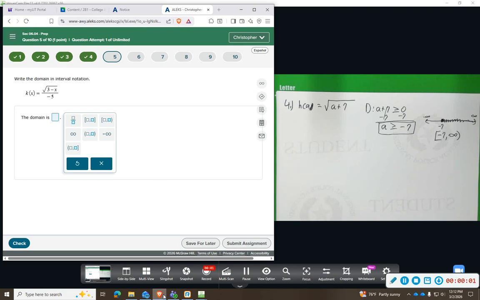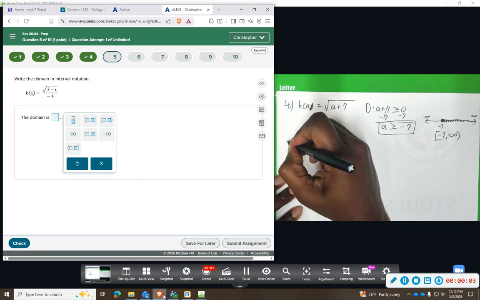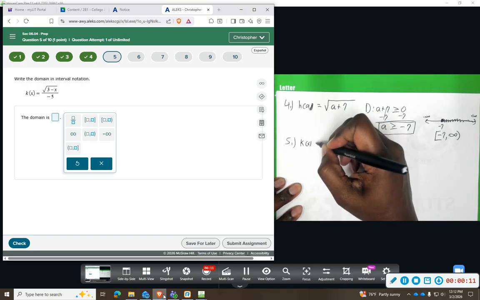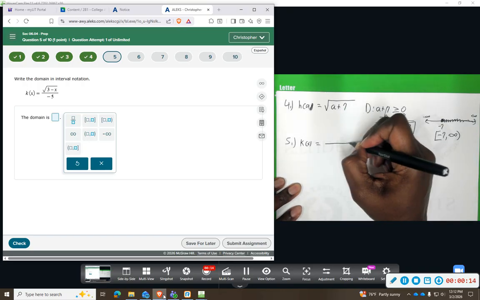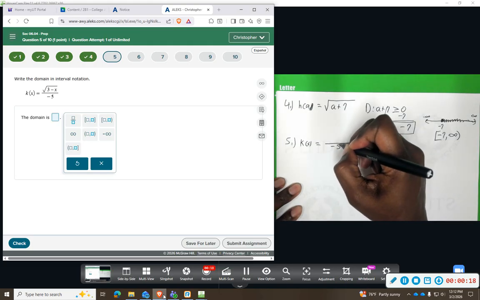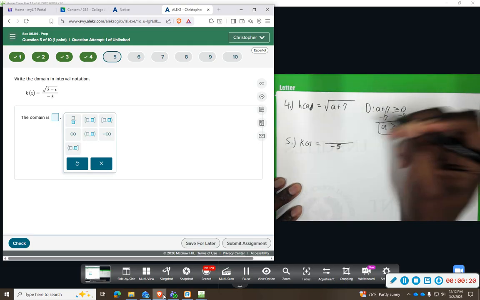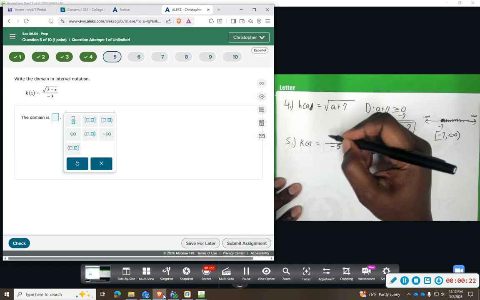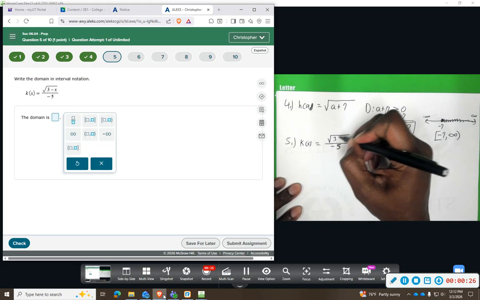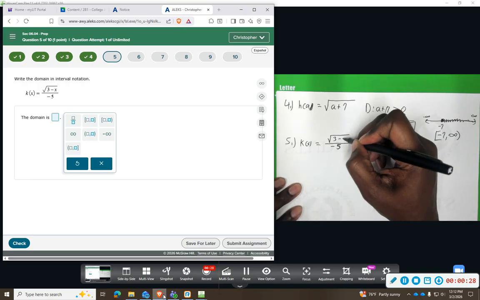All right, number 5, we want to find the domain here. So it looks like it's a rational function, but not exactly, because in the denominator there's no x variable. So being that the denominator is -5, it's going to be constant, so there's nothing that's going to affect us with dividing by 0. However, we do have an even radical in the numerator, so still, like the previous problems,